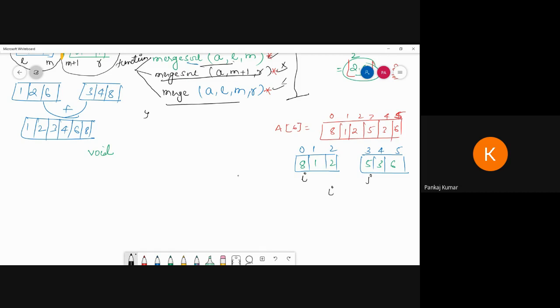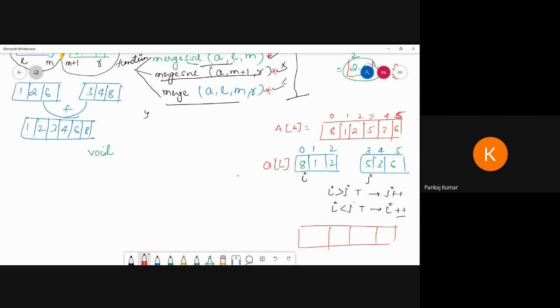If i is greater than j, if this is true, then j plus plus. Then if i is less than j, that is true, then i plus plus. This performance we have to perform. Now see, this will perform and here we can store one by one. We can merge this array. So we have to take one new array.